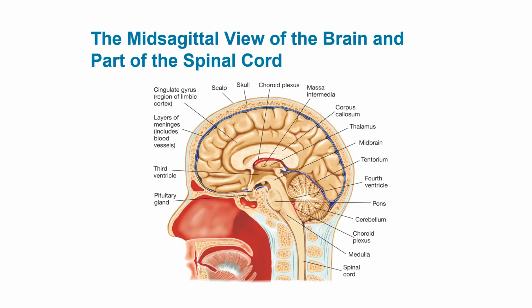This is a sagittal view. A sagittal view is where you do a cross section from the side. The mid-sagittal is at the midpoint of the brain, where it's cutting the brain in half from left to right. Now, in this one, you can see all of these different components. We're going to talk about most of these in this lecture. Other ones we'll talk about in other lectures, but it's basically showing how you can see all of the components now.